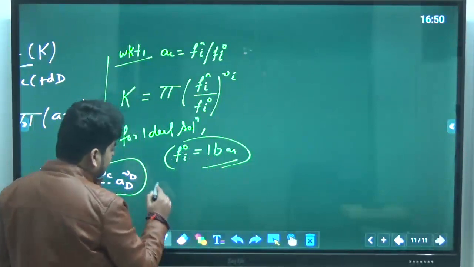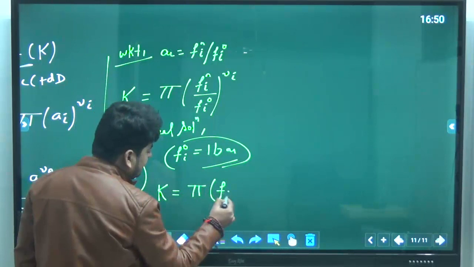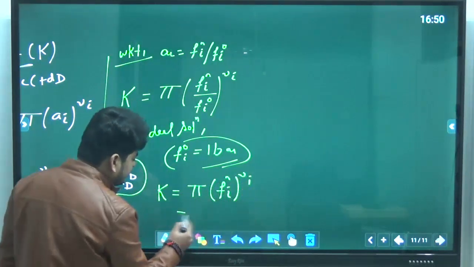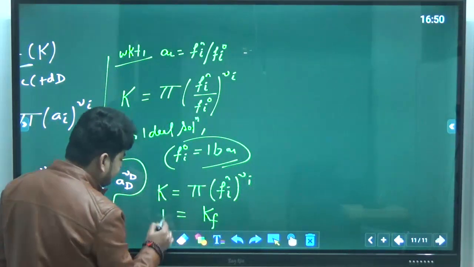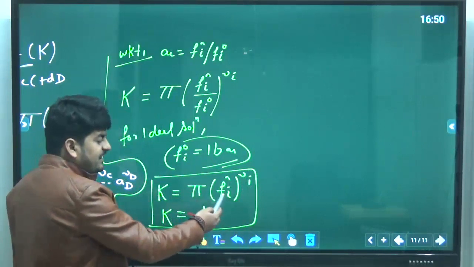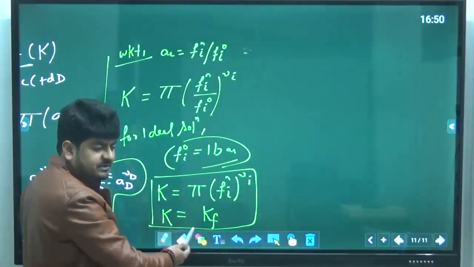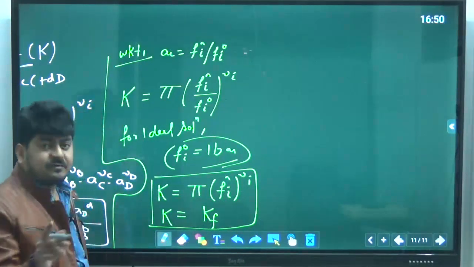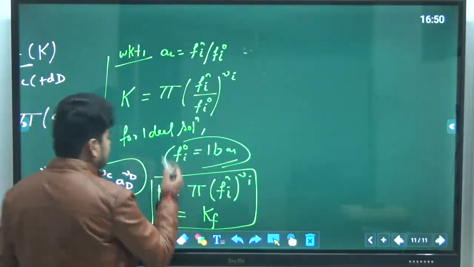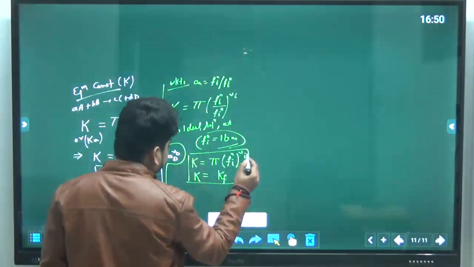If f_i naught is 1 bar, then capital K will be equal to the product summation f_i cap power nu_i, or you can say that is K_f. Product summation f_i cap power nu_i is capital K_f, that is in terms of fugacity. So if my standard state is 1 bar, for ideal solutions at standard state,